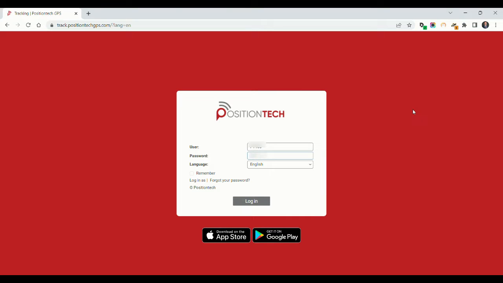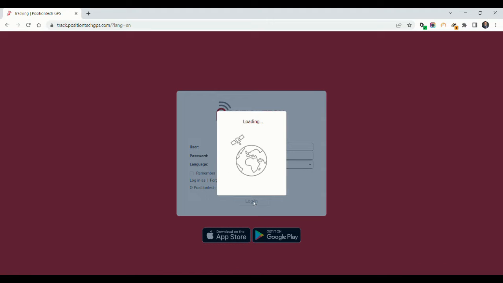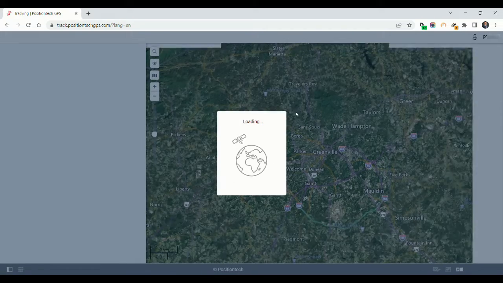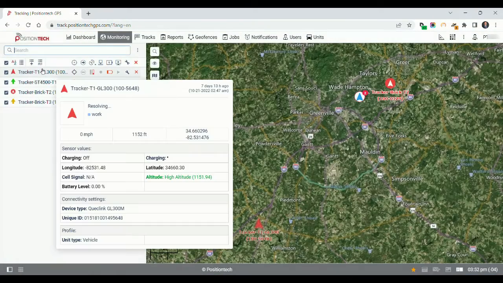This video will cover a brief overview of the system, its customization, and setting options. Simply navigate to track.positiontechgps.com, enter your username and password, and select Login. Once logged in, you will be presented with your mapping, and the trackers attached to your account will be listed